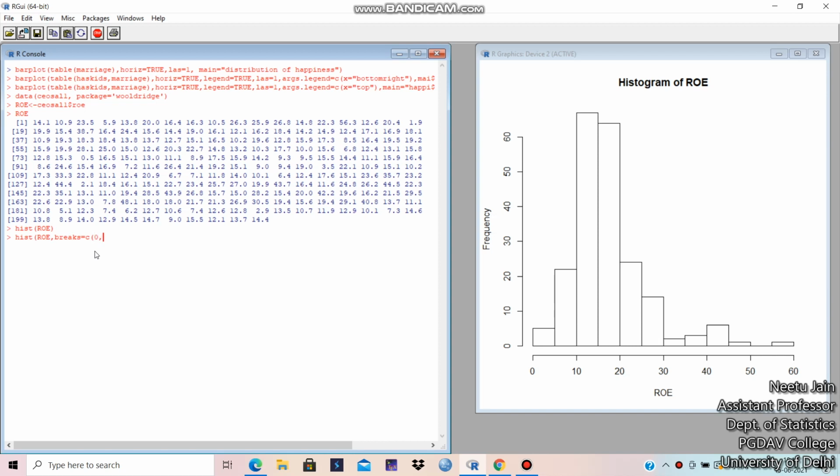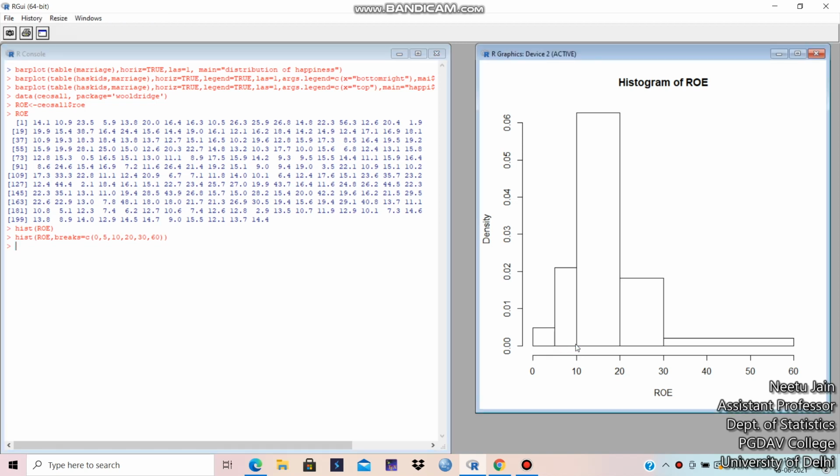Suppose we are giving the breaks at 0, 5, 10, 20, 30 and 60. Okay, let's see. See, this is a histogram. The breaks are given at the values 0, 5, 10, then 20, then 30 and then 60. So this is the histogram with manually chosen breaks, right?